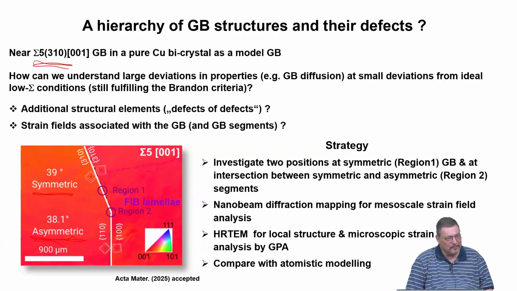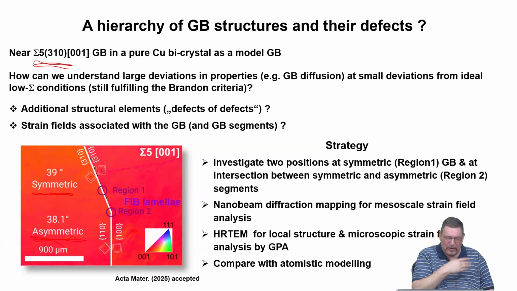One more question. Why do we calculate sigma 5 in copper? We took sigma 5 because it is a more interesting boundary than sigma 3, because sigma 3 is too low energy. Sigma 5, especially with small deviations from ideal misorientation or inclination, resembles in a good way the random high angle grain boundary, but still has enough symmetry so that in TEM you can maintain the columnar view, because you need to be in zone axis condition to get a structural image from high resolution transmission electron microscopy.